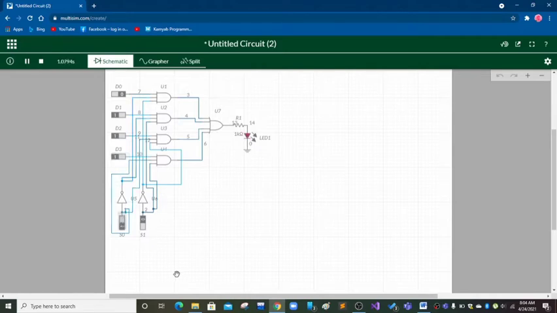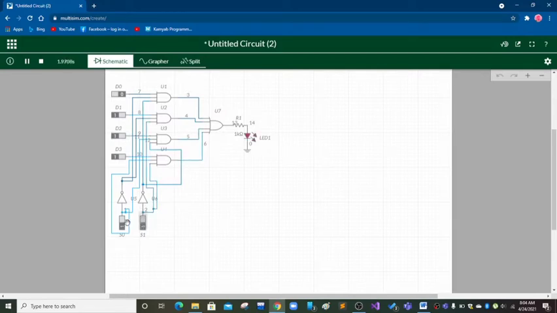And when the S0 is 1, the D2 is working. When it is 1, we get 1 at our output, and when it is 0, we get 0 at our output.